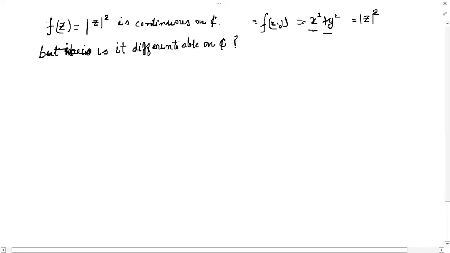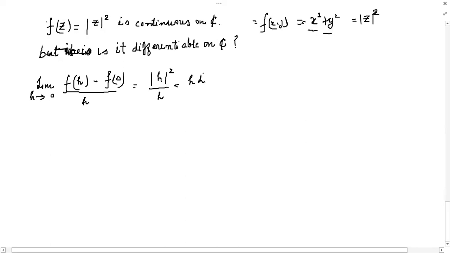So let us first try to find at 0. How does it behave at 0? So let us first find whether this is differentiable at 0 or not. So it will be f of h minus f of 0 divided by h. And it will give you what? It will give you mod h whole square divided by h, and this certainly equals h into h bar divided by h. So it will be h bar, and if h tends to 0, so it implies